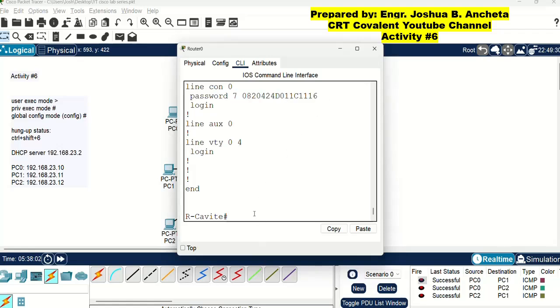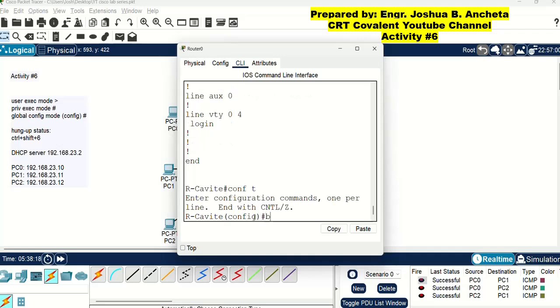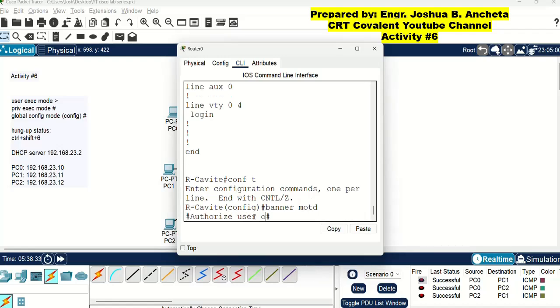Next, let us use the banner MOTD command to give an additional welcoming message. So let us go to conft, then use banner MOTD, then two number signs, and between the number signs, let us type authorize user only.